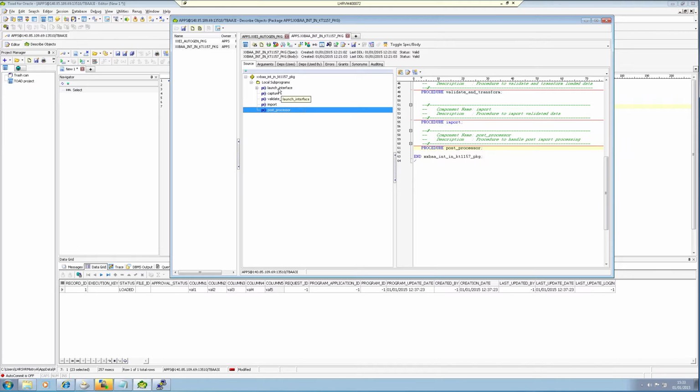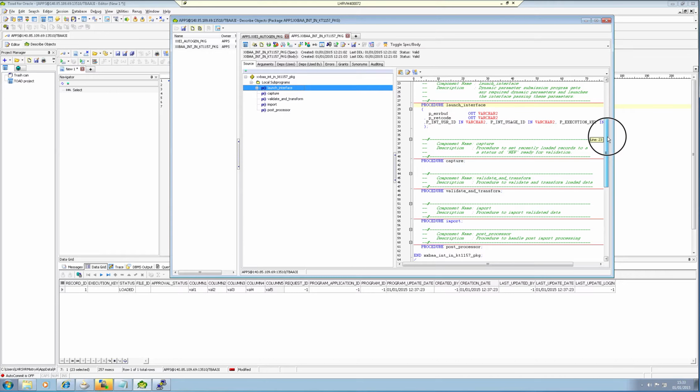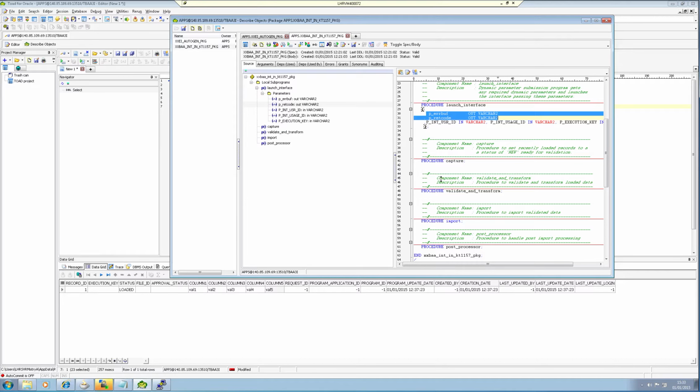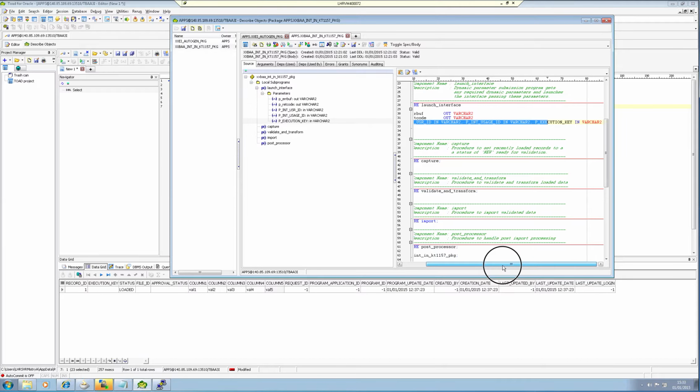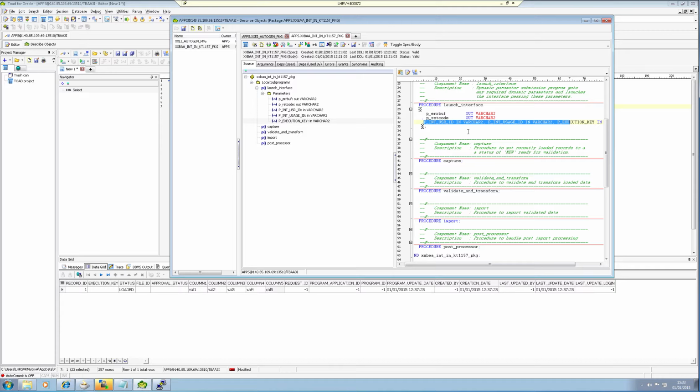Now there's an additional one here called launch interface. The launch interface is the start point of your interface process, and it's what your concurrent program will call when it starts the process up. You can see here we've got standard concurrent program parameters on that procedure, and we also have some additional input parameters which are ones that eIntegrate uses to launch the process. Now you should recognize these parameter names